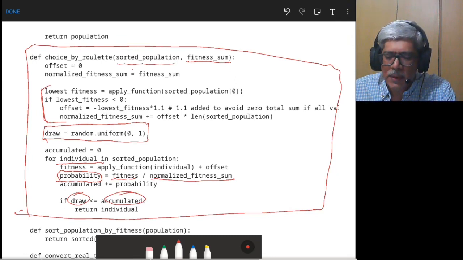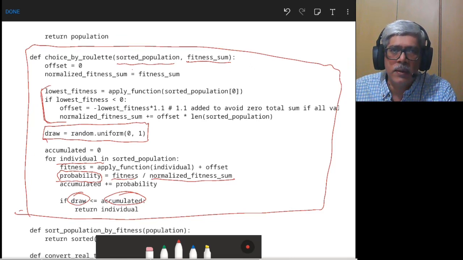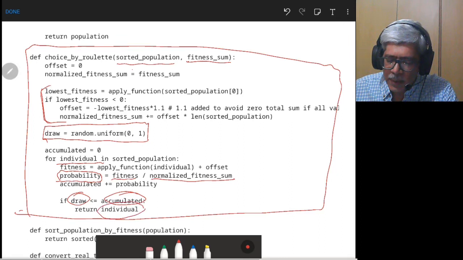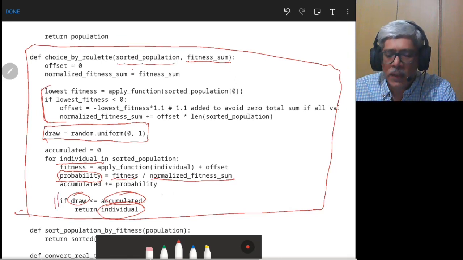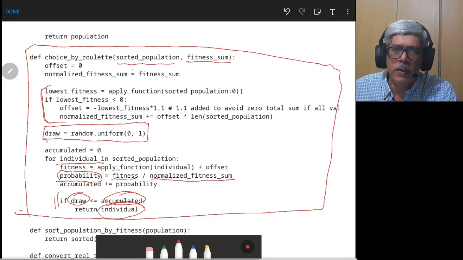This is how the roulette wheel analogy for selection works. At the end it returns the individual if it passes this criterion, otherwise it will move on to the next member of the population. So you select two parents for passing on to the mating pool by using this routine.